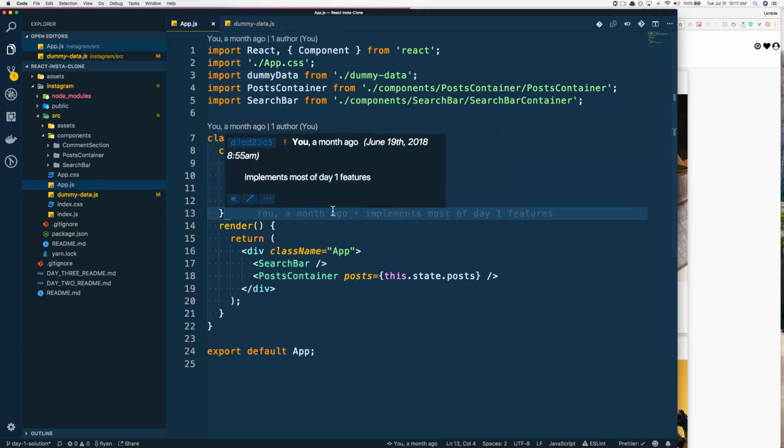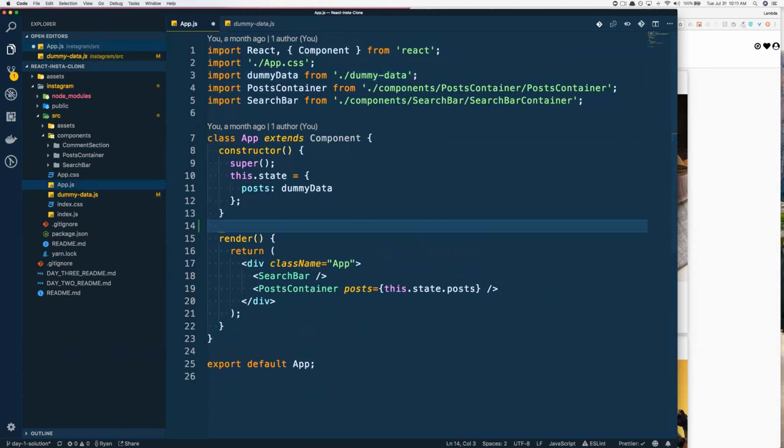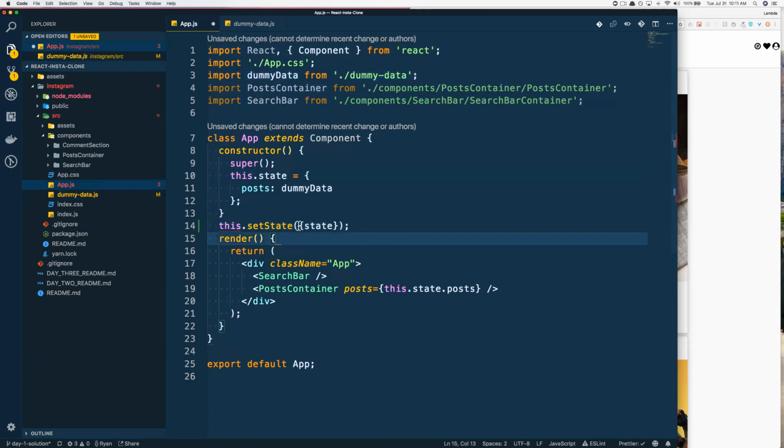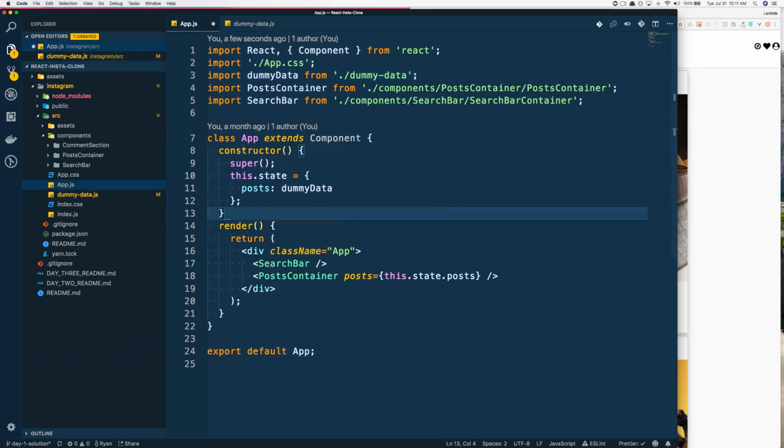If you were to set it up that way, Mike, with this dot state equals dummy data, when you go to update it, what are you going to do with your set state? You're just going to return state like this. That would work because you're just going to replace state altogether. But it's an architectural flaw, because eventually you're going to have potentially